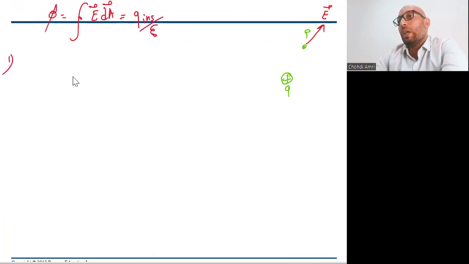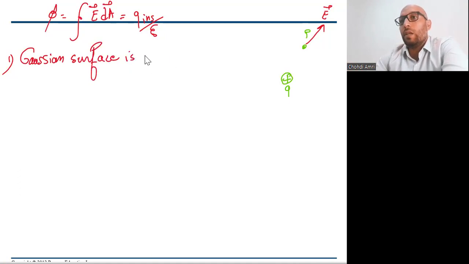Step number one, what is the Gaussian surface? The Gaussian surface in this case is a spherical surface. Why? Because we consider a point charge as a sphere. Okay, so let's say the Gaussian surface is a spherical surface